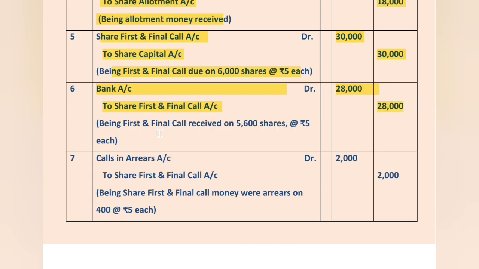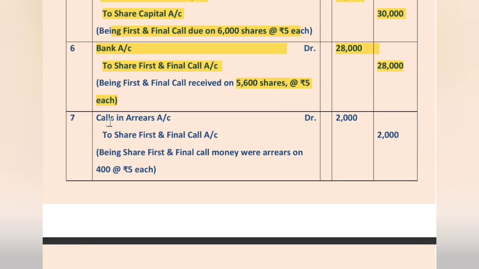Being first and final call money received on 5,600 shares at 5 each, because only this much amount they have received. 400 shares did not pay the amount. So for that, a separate entry. Next one is calls in arrears account debit to